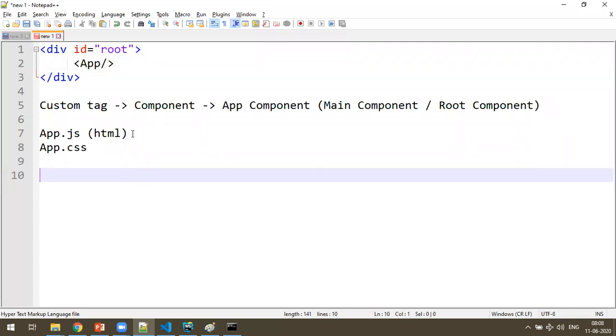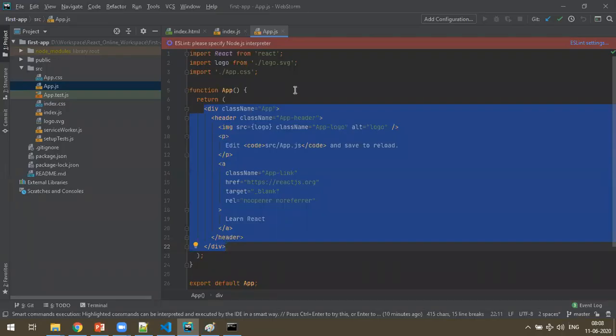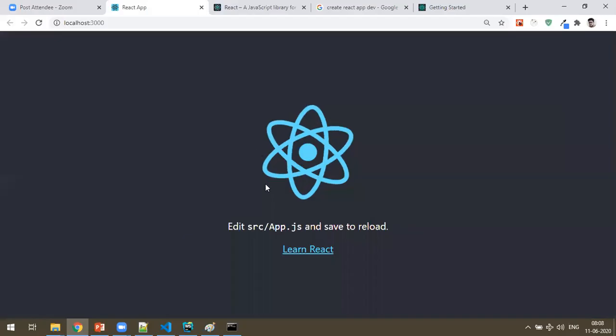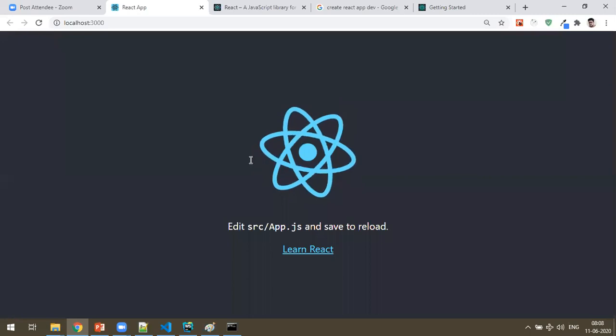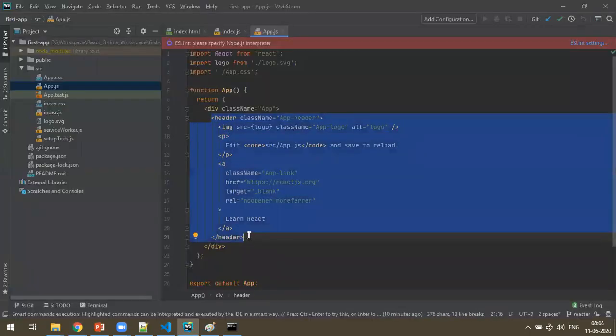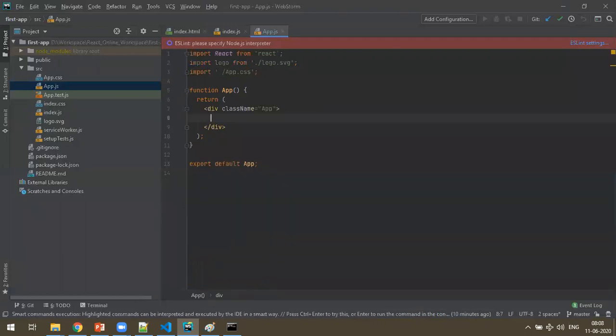Like this. Okay, don't worry, we will also create our own custom components. Fine. Now I want to change this. I don't want to see this. I want to change this to my own. Simple. You can just delete this entire header tag. Okay, I deleted it and then save it.